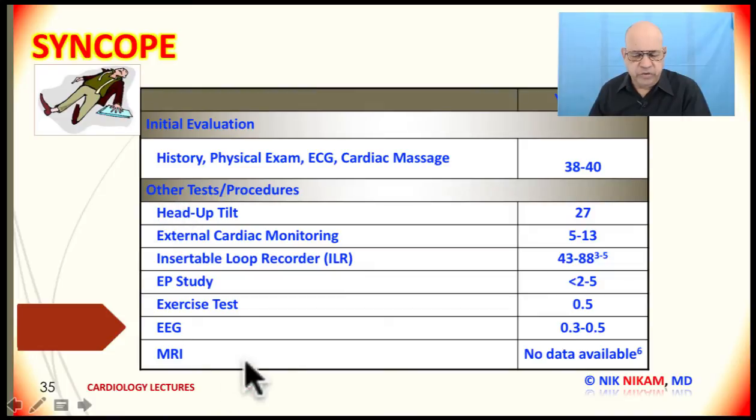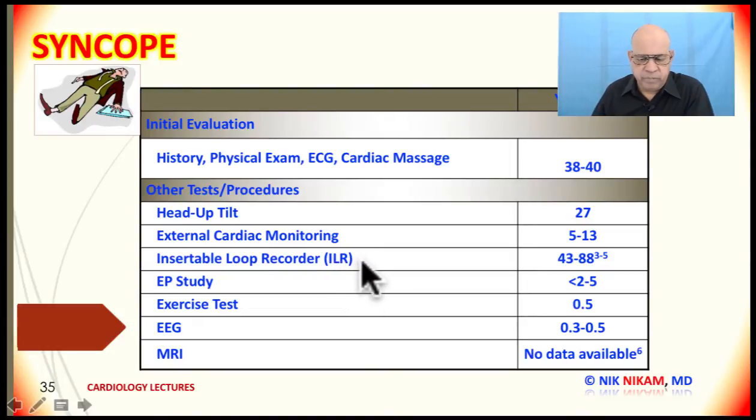Now look at some of these more expensive tests. Head tilt can only help in 26% yield. External cardiac monitoring, 5 to 13%. The only time, if you are dealing with an arrhythmia and you cannot really pinpoint what kind of arrhythmia the person is having, is an insertable loop recorder, which can stay in the body for 6 months to a 12-month period, quite effective in picking up these arrhythmias with a success rate ranging from 40 to 80%. So that's the only time when a monitoring device can purely come into play in terms of identifying an